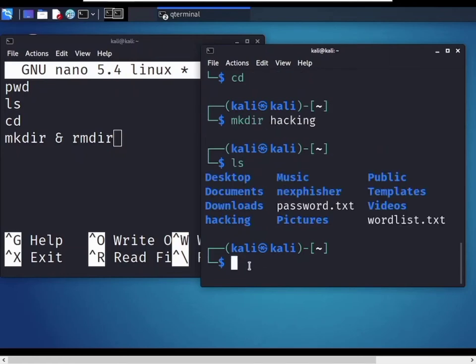Now type ls. Now it has created a hacking directory.